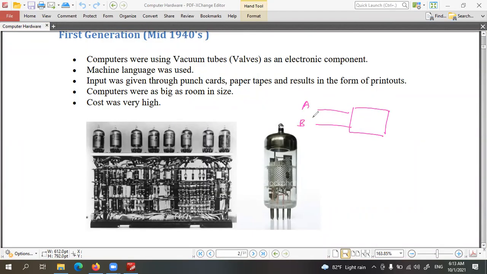If we consider two inputs, there are only three main decisions. One is the AND decision, the other is the OR decision. These are the main two. And there is another one called NOT. So these are the basic decisions.